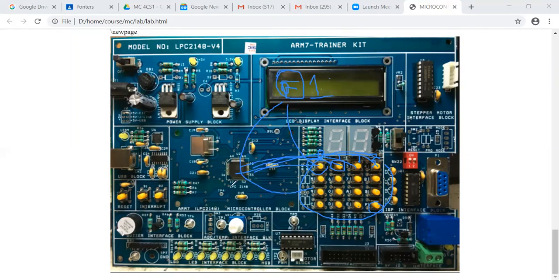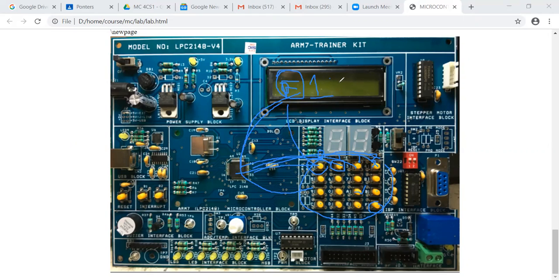The program that you develop should scan for a particular switch being pressed. If this is pressed, the logic level on these ports will change, and you have to recognize that there is a change in the logic level and interpret that as equivalent to a particular switch being pressed, and the corresponding digit for the switch is read out from the data structure and displayed on the LCD panel here.